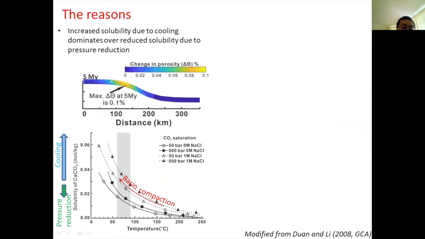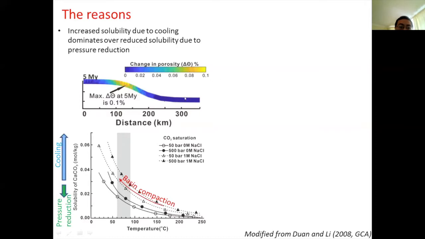So during compaction upward flow, the pressure and the temperature both decrease, which means that dissolution and precipitation both will happen, causing a dissolution and reprecipitation process, right? But why does our RTM result suggest that only dissolution could